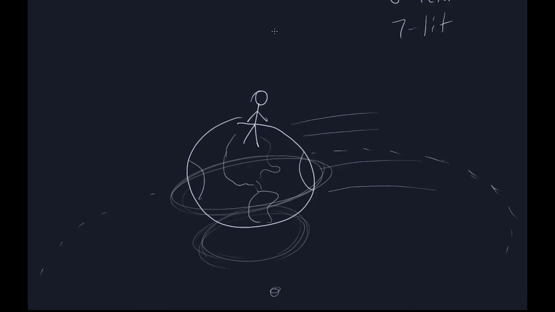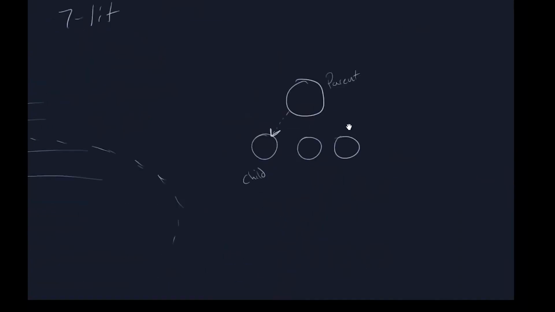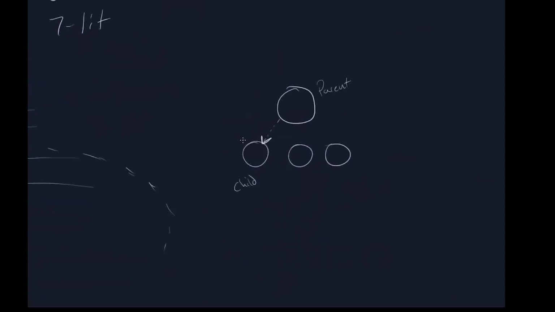Do you perceive any of this motion? No, of course you don't. And if you think you do, you've probably been drinking. The point is that parenting basically takes one object and makes it another object's entire world. So in this case, if we take a look at our little relationship here, according to this child, the parent object is its entire world. Whatever happens to the parent will also happen to the child,